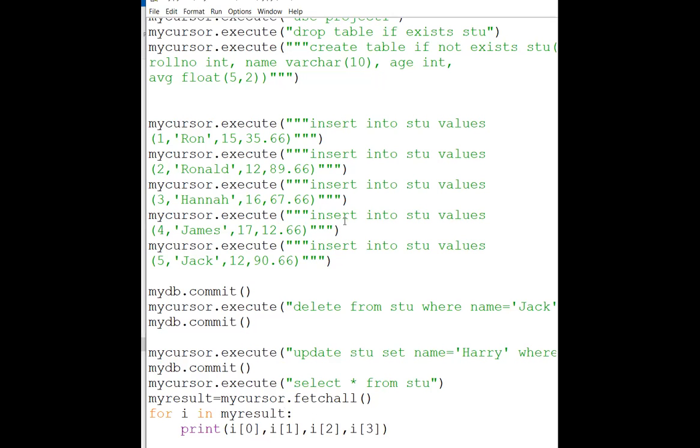See, what we have done in this complete program, everything we are assuming from our side. Assuming from our side means we are assuming that these are all only the value part. Then we are assuming that the name has to be Jack only. Here the name has to be Harry only. But in the real world, it is not like that. In the real world, the information is given by the user. So now we are going to see how we will ask for the information from the user and how it is going to work.